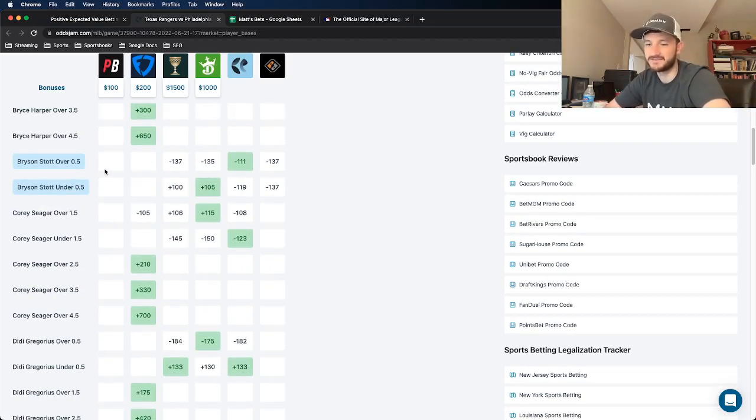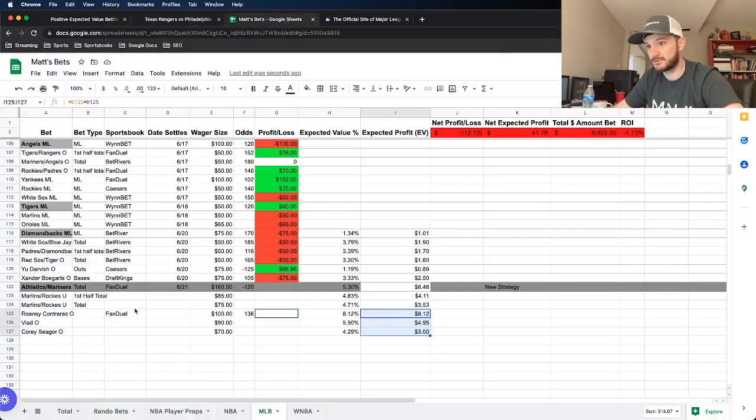This one is not enough of a discrepancy because there's no other lines aside from the OddsJam, the book we're betting it at, which is DraftKings, and then one other book, which has it closer to the OddsJam line. The other two had FanDuel, which was more aligned with the OddsJam line, and then Caesars was kind of in the middle, but still closer to the book that we're betting it at. For this one, there's no other book that has it closer to the OddsJam line, so it's not enough of a discrepancy for me. So this one I'm actually going to avoid,